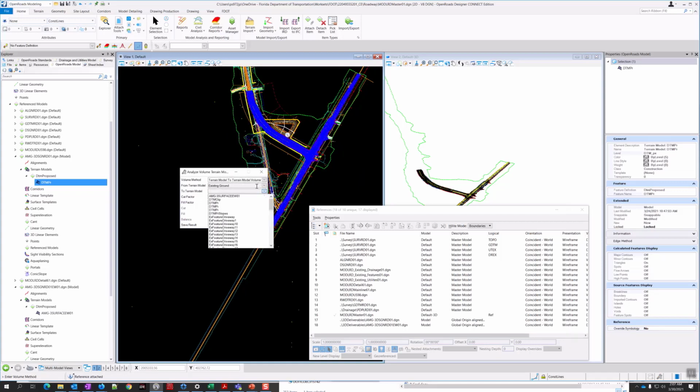But if you select it from the drop down, then I would go to terrain model. See, now the other problem is I got like 3 DTMPR models here. That's an issue of poor naming. So the only way I'm going to fix that is by fixing the name in the design.